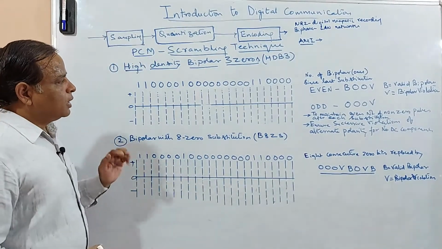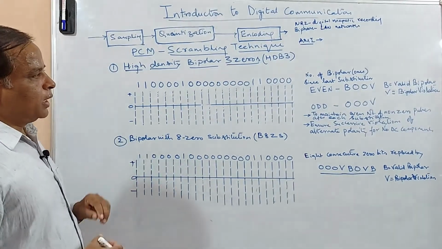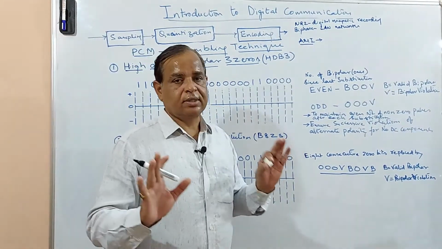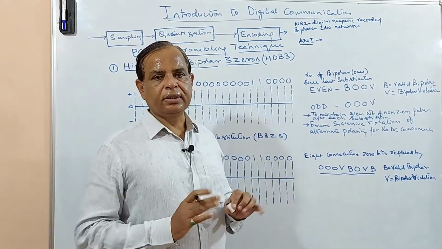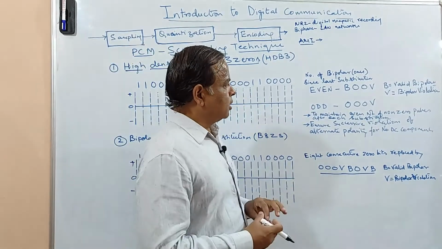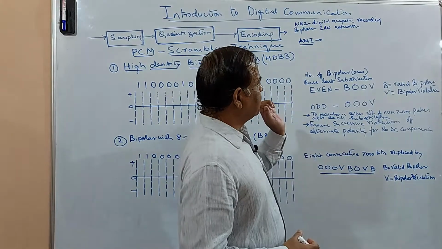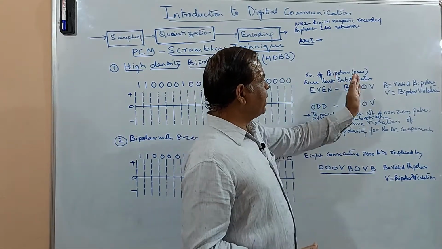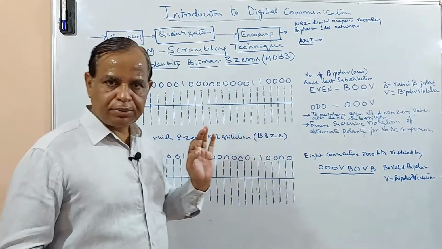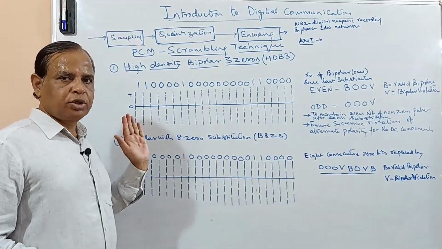Now let us see how this scheme is working. Just pay a little attention. There will not be any confusion in this particular scheme. Now what has been told here is the number of bipolar ones since the last substitution. Since last substitution means